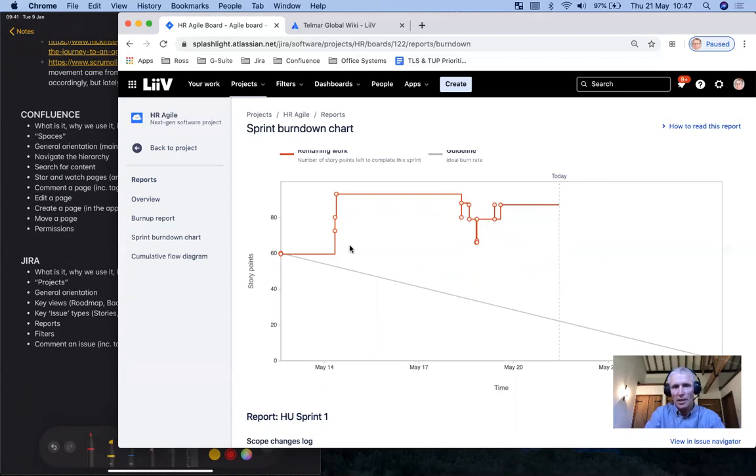So this is the burn down, and this is not so much useful for execs, but very useful for product managers, project managers. In this case, Victoria, the department head, because she can see how work is progressing. This is not necessarily bad. It's just telling us that maybe our planning wasn't so accurate. One of the principles of Agile is that you get better at planning over successive sprints because you get to understand what your capacity is. You get better at estimating stories in the first place so that you get fewer situations where an estimate is updated. But also you get better at scoping out how much work you can do at the start. And so generally we're aiming for a burn down that comes close to this.